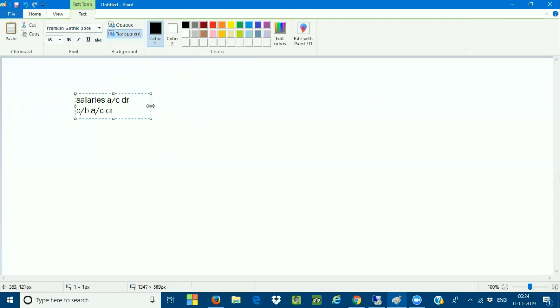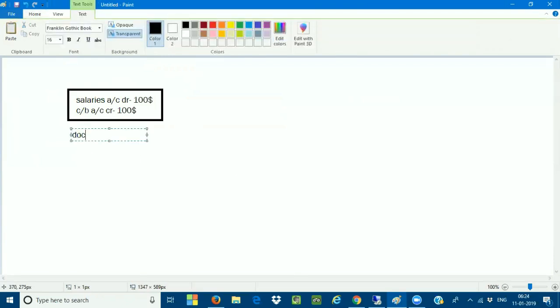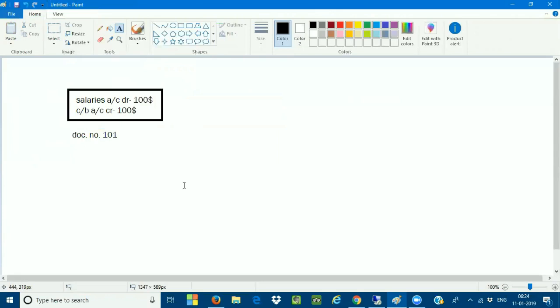The transaction which I'm posting is about 100 USD, and the debit and credit are going to be the same 100 USD. For this accounting entry, a document will be generated in SAP, and a document number will be posted, say document number 101. When I open the document, in the display of the document, the currency in which the document has been posted is called a document currency.